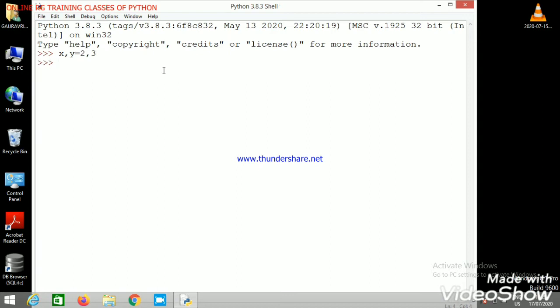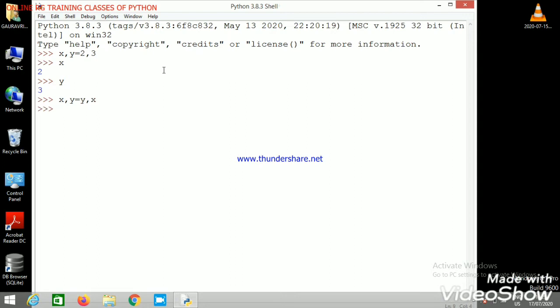Now the value of x is 2 and the value of y is 3. I want both these values to be swapped, so I just have to write a single line in Python: x, y equal to y, x.